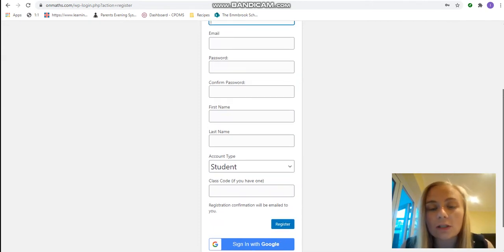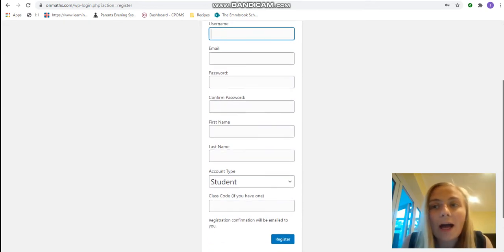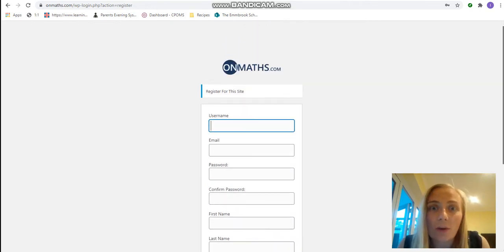But it's really important to register, because then it saves your progress. So if you want to do an hour today, because maths is allotted time on a Monday, then you could do your hour and then it will save it and you can go back to it the next time that you've got maths. Okay, so